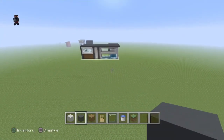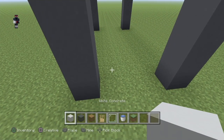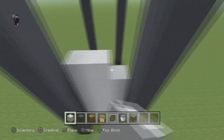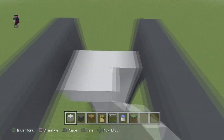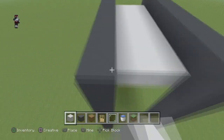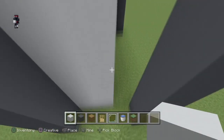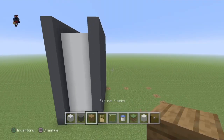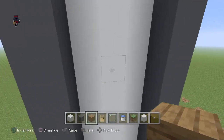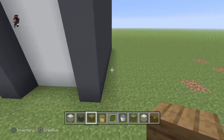Just like that. Once you have this shape here, you're going to want to fill in the middle of this with white concrete. Once you have that built, you're just going to want to fill in these gray sides with gray concrete. It's pretty simple, so I did it off camera, but once you finish that, you're going to want to build